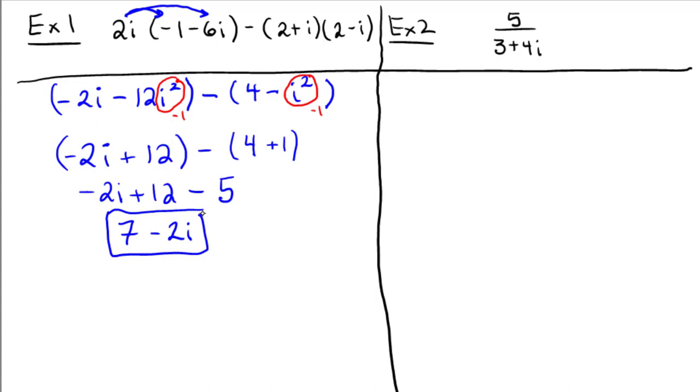Now, over on the right, we have a radical in the denominator, right? Because i is the square root of negative 1. So we are going to need to simplify this by multiplying top and bottom by the conjugate of 3 plus 4i, which is, of course, 3 minus 4i. So now, in the numerator, if we distribute the 5 against 3 minus 4i, 5 times 3 is 15,